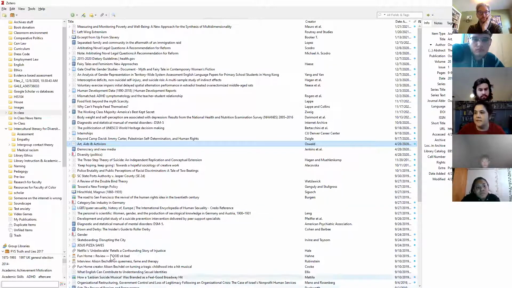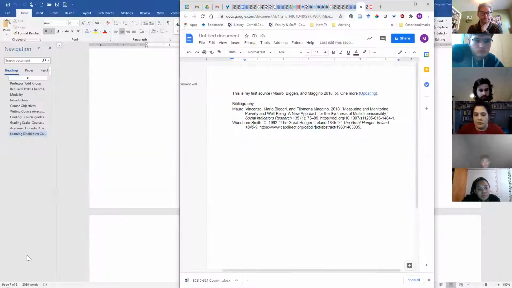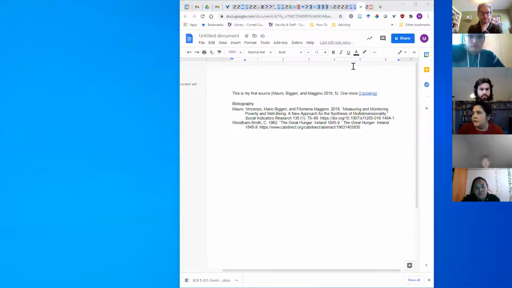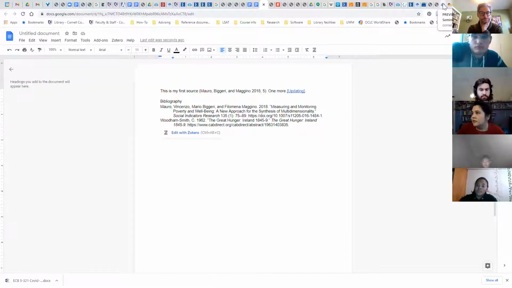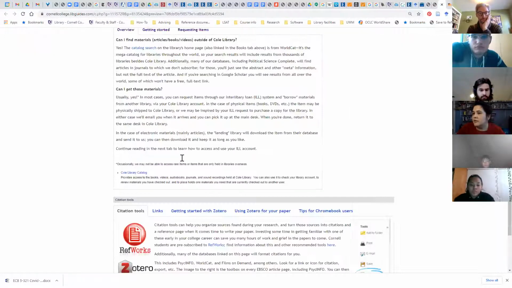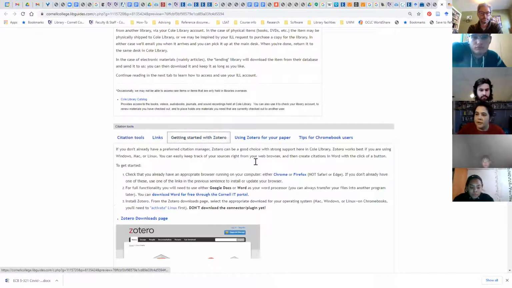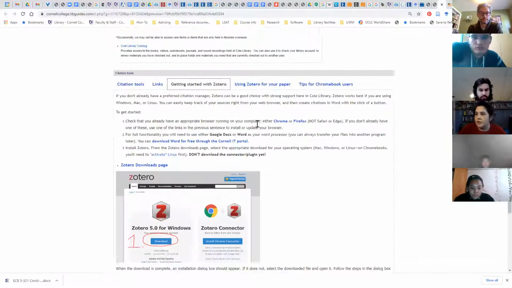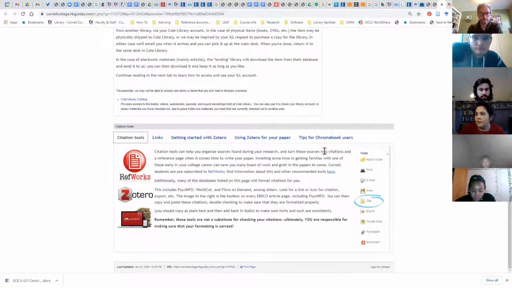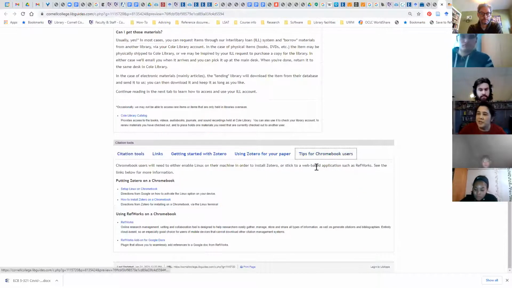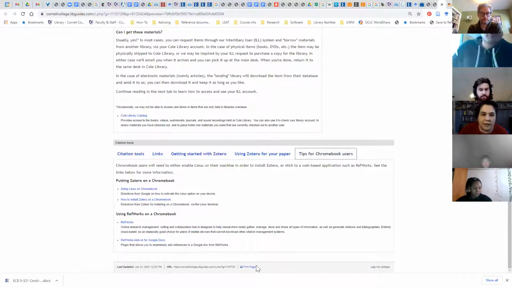Okay, so there's instructions for all of that on your course page. Which I can see if I make this bigger. So down here, Zotero is the one that I was using and that I've been showing. There are some others that are really good. RefWorks is a great one. If you're using a Chromebook, the steps are a little trickier. So just FYI.